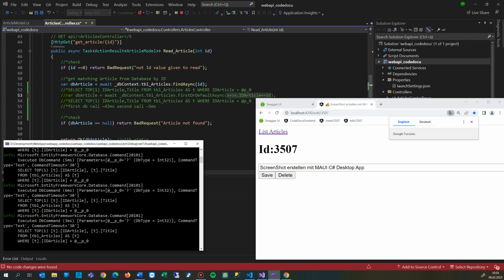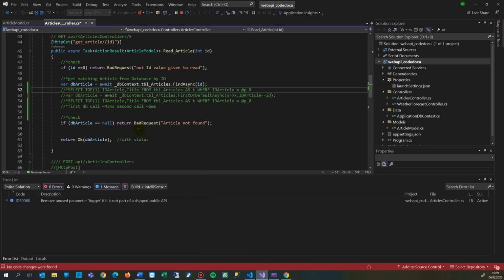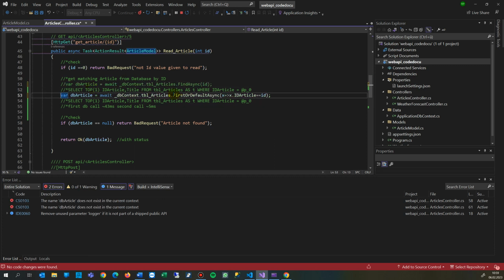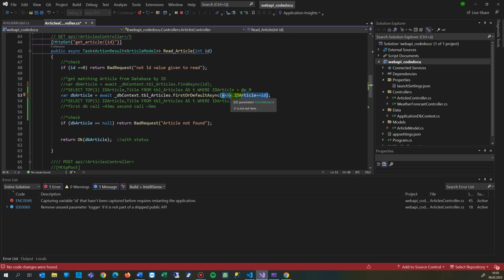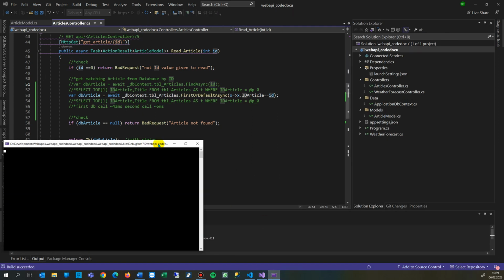When I do a rewrite and use the other approach here, database FirstOrDefault and then an arrow function, where the ID equals the internal ID. In the first case, you only pass an ID, which goes to the ID if there's a key in there. So when I do a refresh in here, having a look at